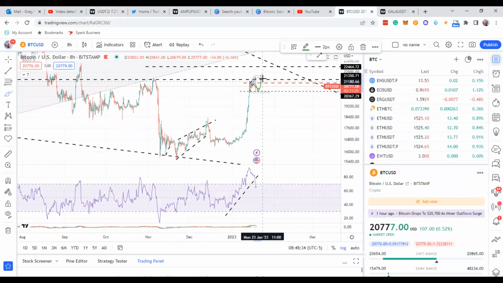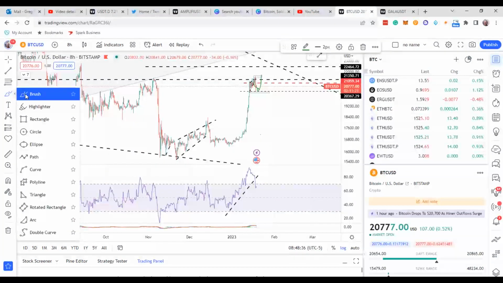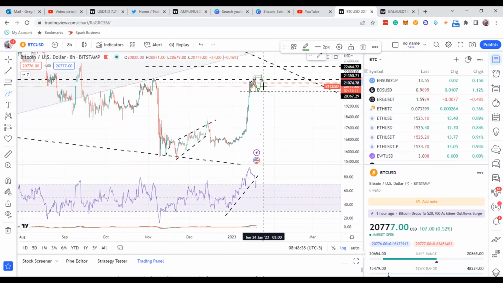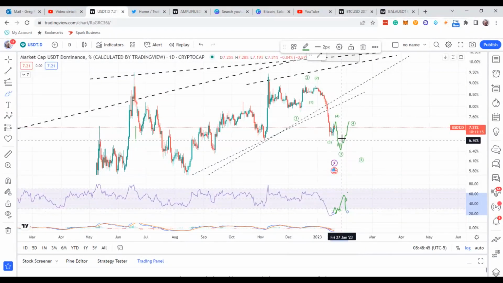Spike back up. It'll come back down. Okay. Think about this. If Bitcoin spikes back up there like that and it does a nice fourth wave all the way back down to 19 over here in that USDT dominance chart, what you want to pay attention to if it does that is this RSI. If it drags it way up there again, you're going to know more than likely this correction is probably done right there. Okay. So then the USD, I know this is a little bit of speculation, come back down,